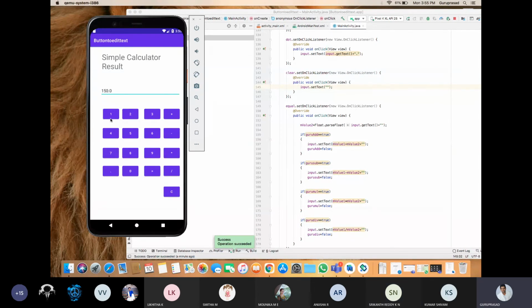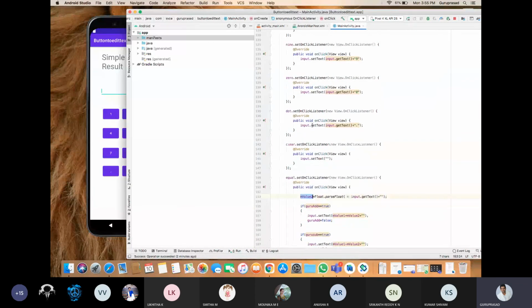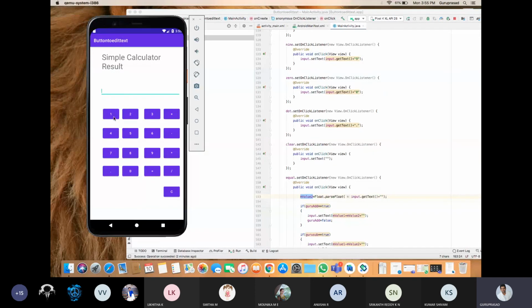So can you tell me why it is taking only 150? Why it is showing only 150? Anyone? Because we have taken only basic functionality, value 1 and value 2. Correct? Understood my point? See, 53 plus 96 is equal to 149.